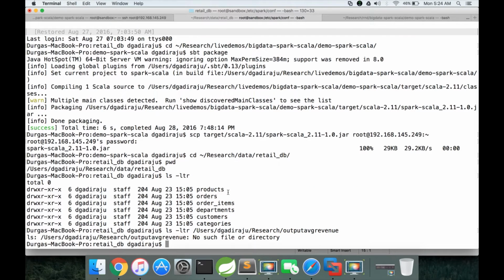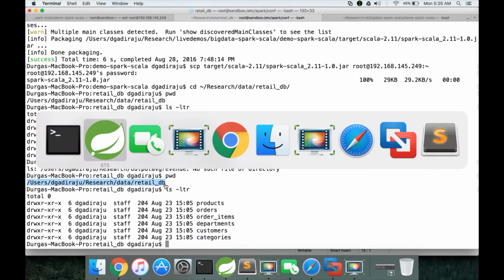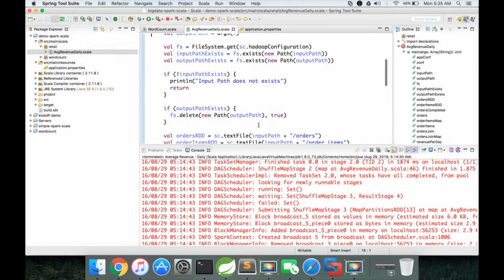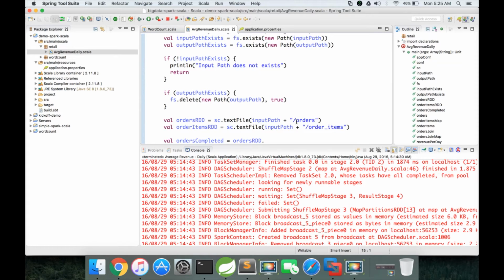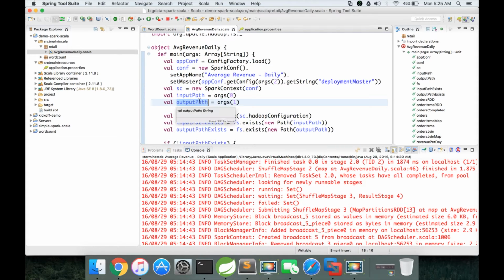So in my case, it is this one. This is the location where I have my data for orders, order items, and all those things, and I need to just pass the base directory here. And if you get into the logic where I am trying to read the files for orders and order items, I am concatenating the orders directory and order items directory as part of sc.textFile to input path. Input path, and then we have output path where the data has to be written,